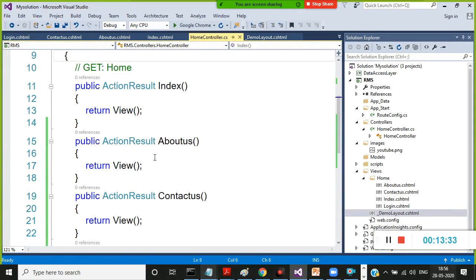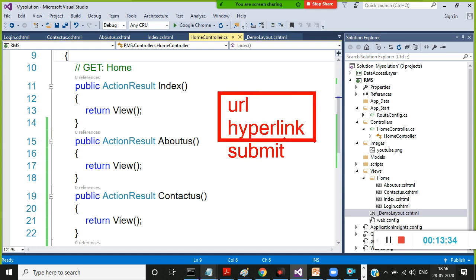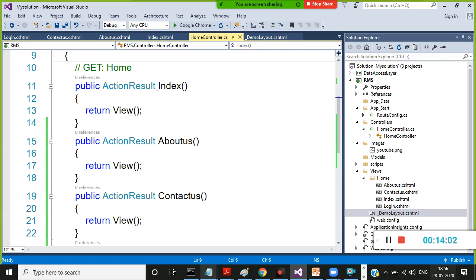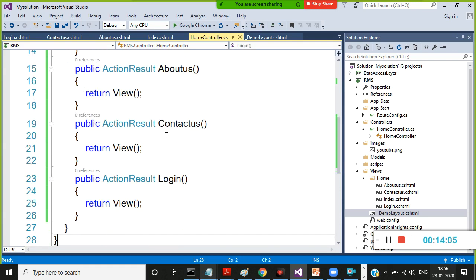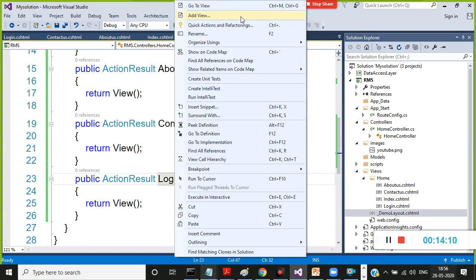Generally in MVC, every controller consists of action methods. Whenever the user clicks on a hyperlink, the request goes to the server. The request can go to the server in different ways: one is by entering a URL, one is by clicking on a hyperlink, one is by clicking on a submit button. If the request comes by entering a URL or hyperlink, the controller will consider it a GET request. If the request is by clicking on a submit button, the controller will consider it a POST request. Every action method must be decorated with some attribute. By default the attribute is GET.